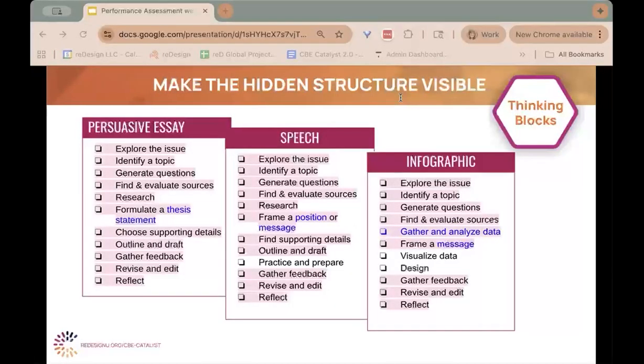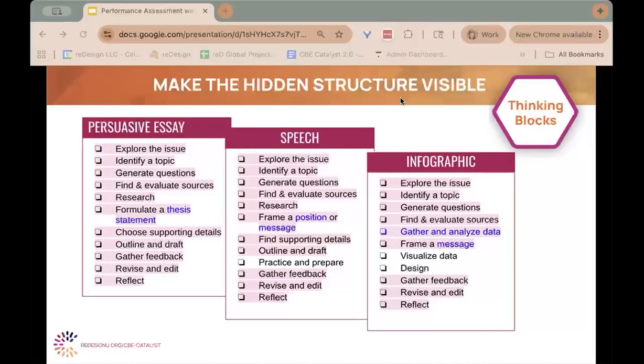we found that, and you can see that across a wide variety of tasks, there are similar cognitive processes that are essential to successfully and independently completing that task. They're the processes that experts use automatically when they create their high quality products. These thinking processes, we call them thinking blocks. They'll look familiar as they're some of the most recurring cognitive moves that trend across various types of products.